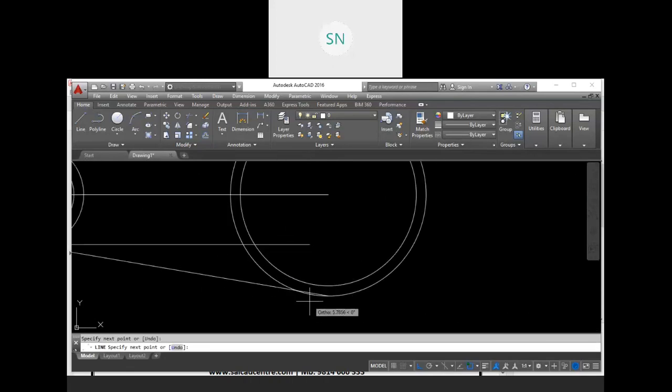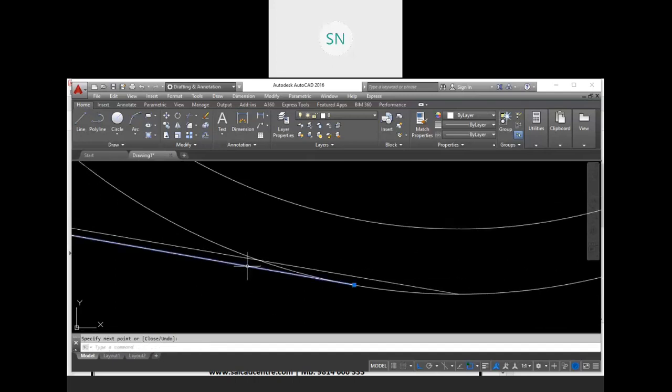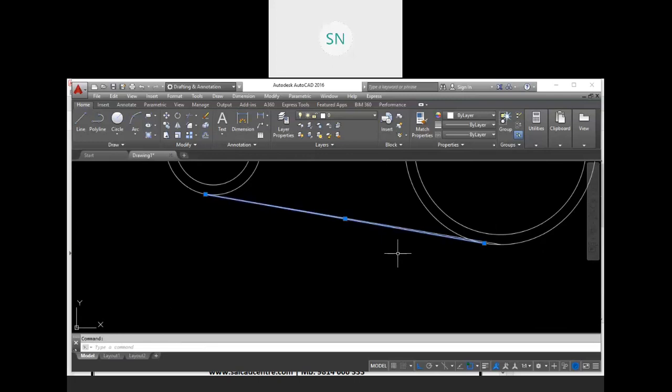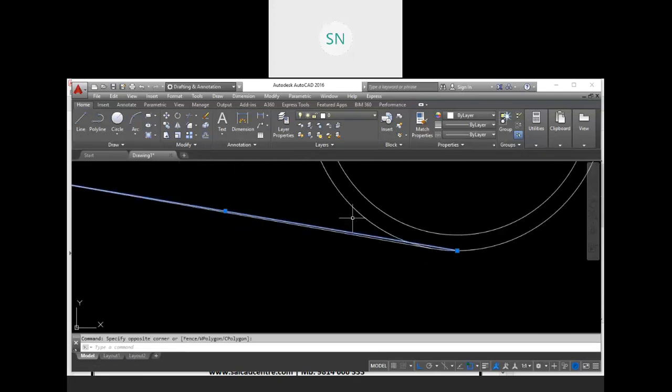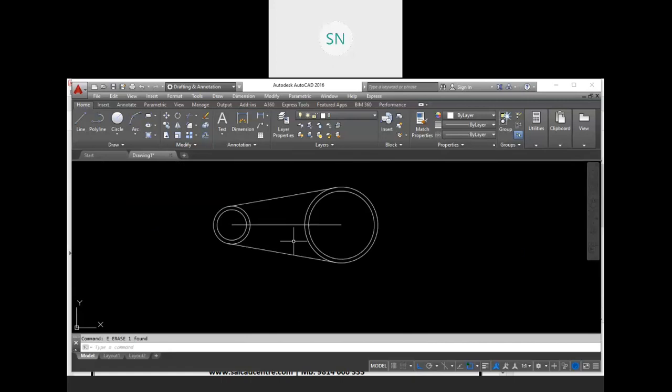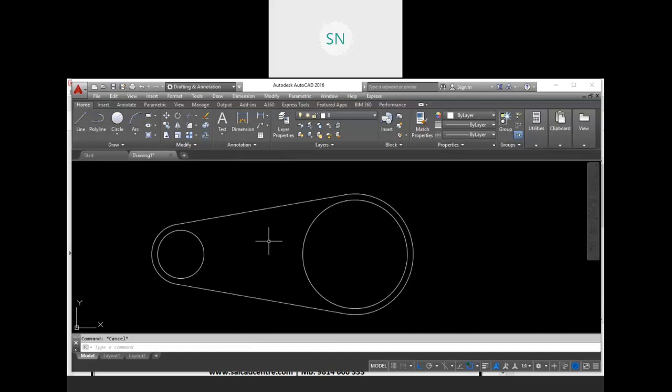Then again come back and create a tangent with this curve. So this new line is almost tangent with both the circles. Remove your older line. And now we don't need this center line, and use your trim tool, TR, enter, and this circle and this circle. So I hope it is clear now how to create this.